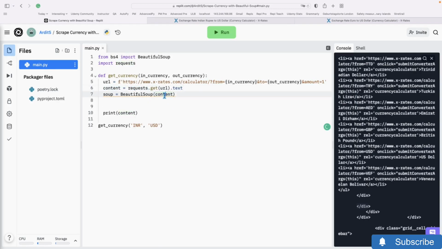The content goes there, and you specify that we're talking about an HTML.parser. That is the parser that Beautiful Soup is going to use, because there are other languages such as XML if the page is built on that language, but usually it's HTML parsing what we're doing. So HTML parser goes in there, and now if you print out soup just to see what it is,